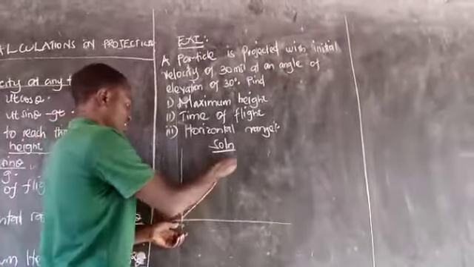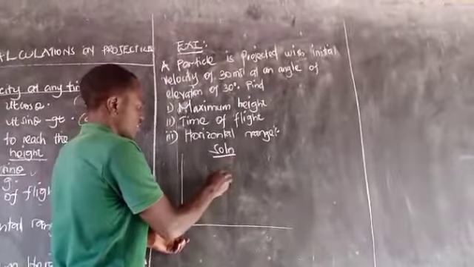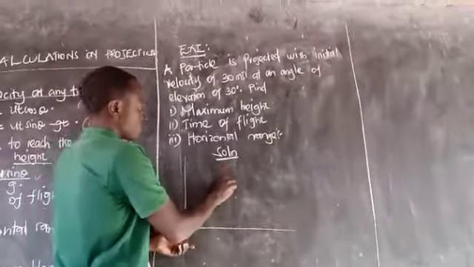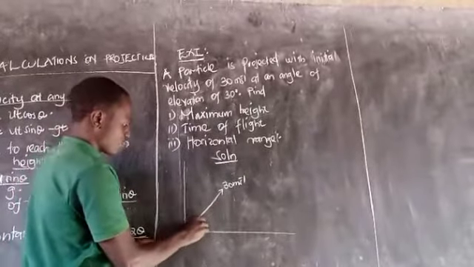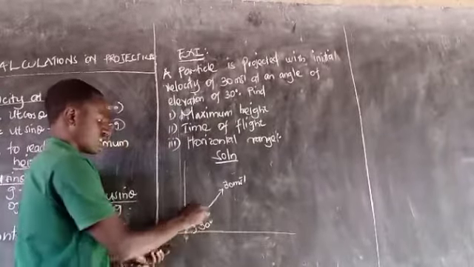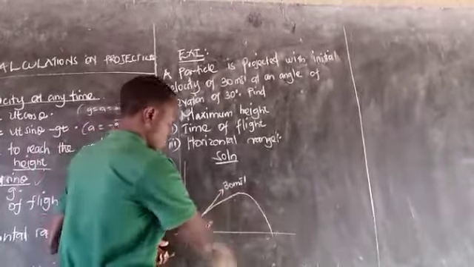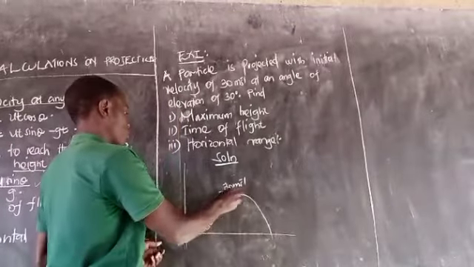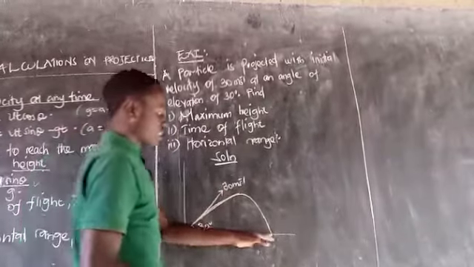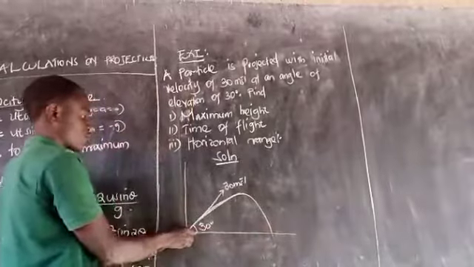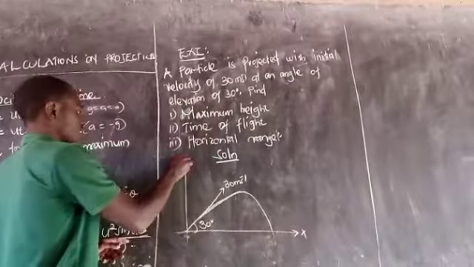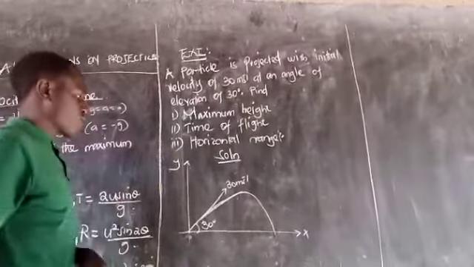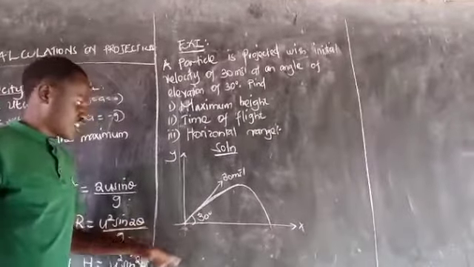It implies that if you draw a tangent to the velocity of 30 meters per second, then you put an angle of 30 degrees, the particle that is projected will describe a projectile motion and finally come back to the same horizontal plane. If this is horizontal axis X and then vertical axis Y,